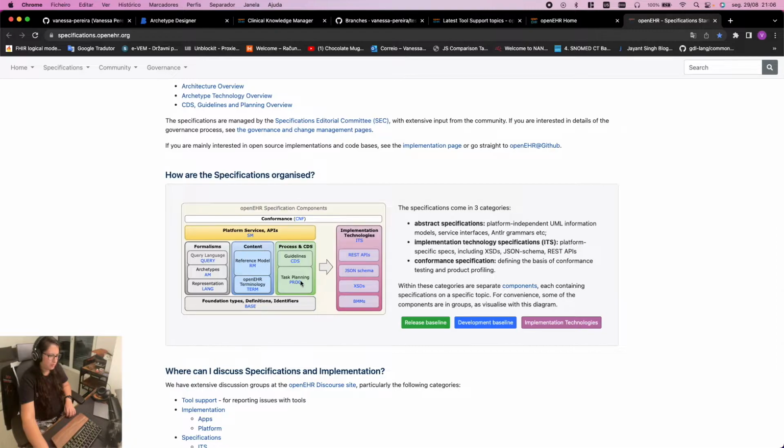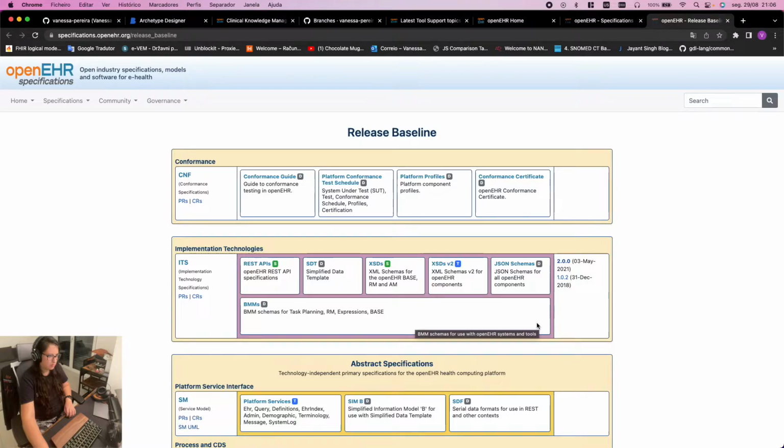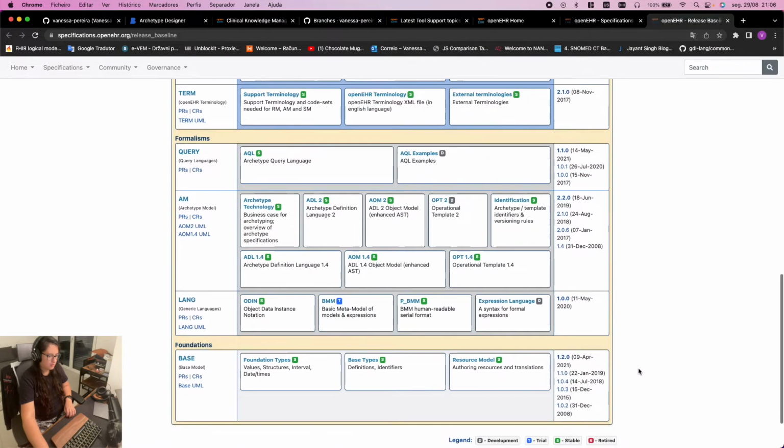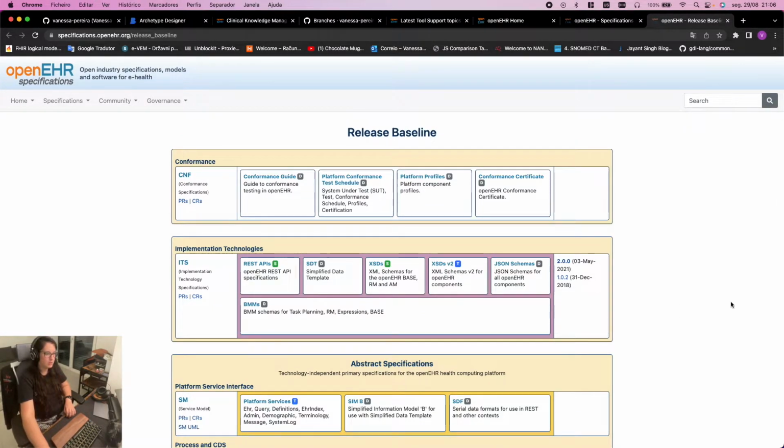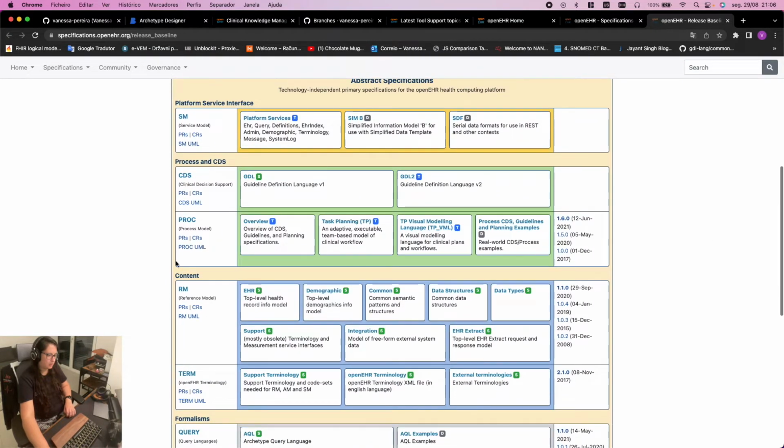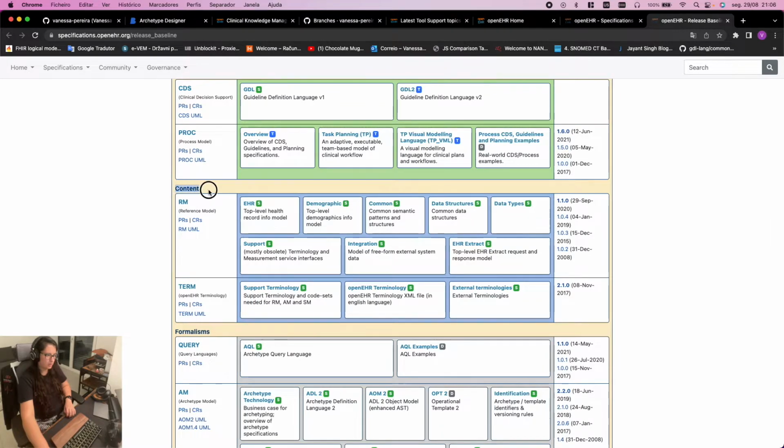Before I could just click on some parts. So what? No, it's just an image. So I guess this one. Yeah, it's this one. You click on release previously, and now here you need to search the data types, which usually is here inside of content. And you click here,